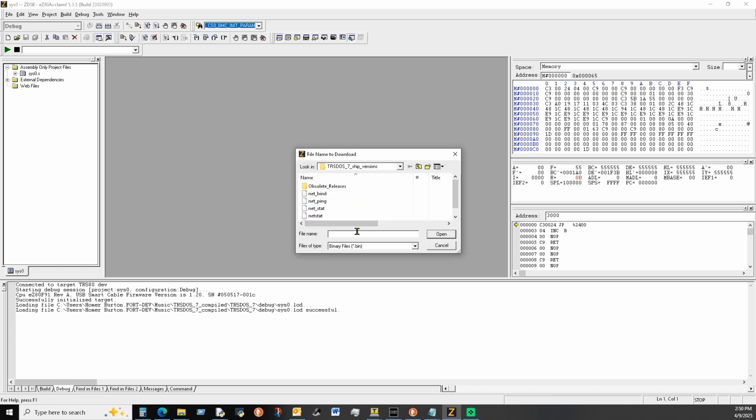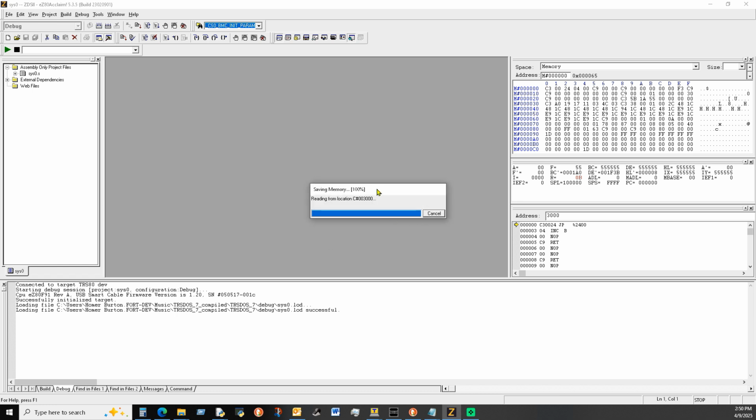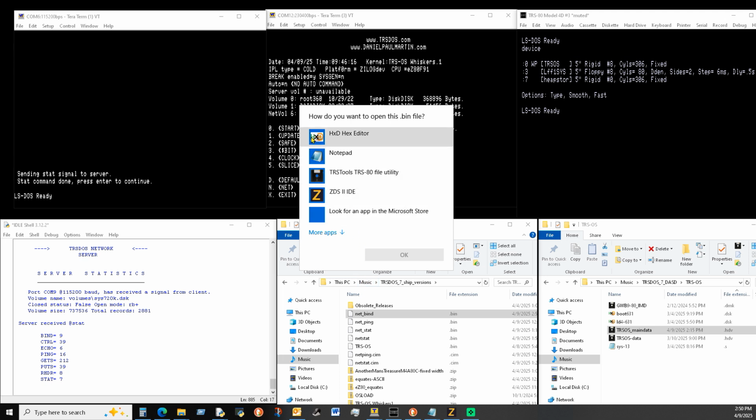What are we going to call this file? Well, it's called netbind. And guess what? There's already a file there, but that's because I've done this already, but we're going to do it again. We're going to call it netbind.bin. It's a binary file. Tell it okay. It's saving the physical memory in the development board to a file in this folder, and right here it is, netbind. I'm going to click on this, and I have a program called